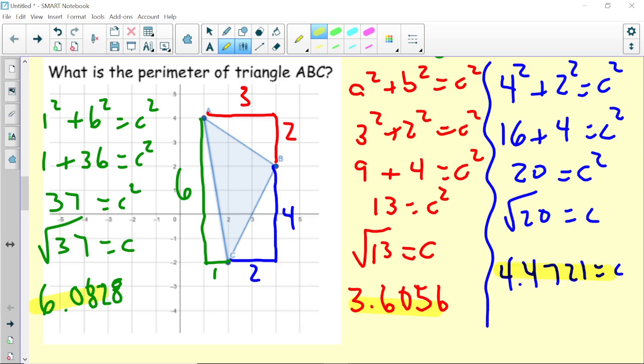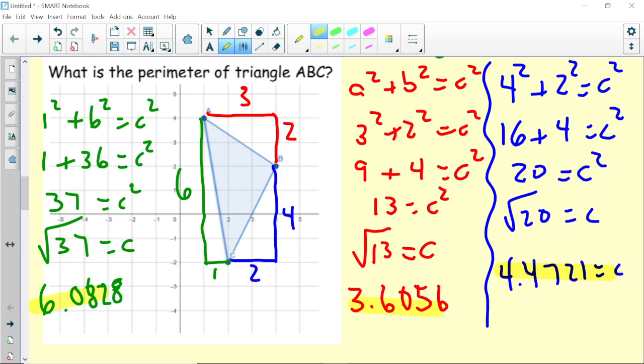So we're going to add up 6.0828, 3.6056, 4.4721 to get our perimeter. So let's do that now. 3.6056, 4.4721,